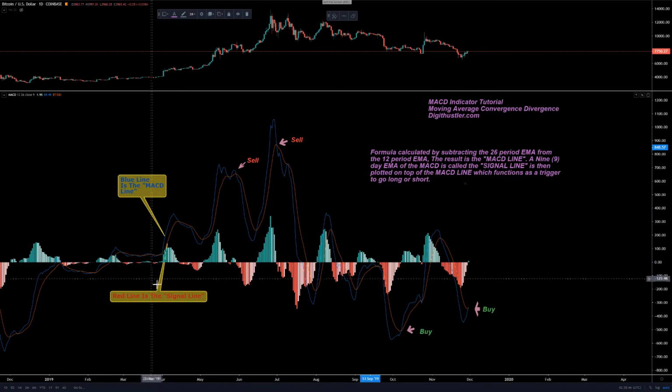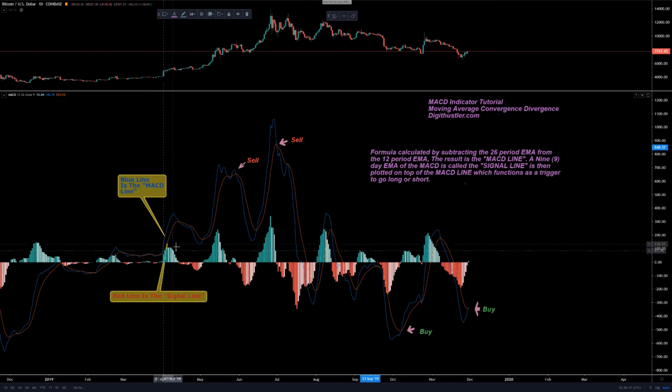Now, an easier way I usually explain it is I consider the blue line, the MACD line, is the bull. Okay, and the red line, which is the signal line, is the bear. Okay. Now, the bull and the bear are constantly fighting. You know, the bear's constantly fighting to push price down and the momentum down, and the bull's constantly fighting to push the price up and shoot the momentum up. Okay, so